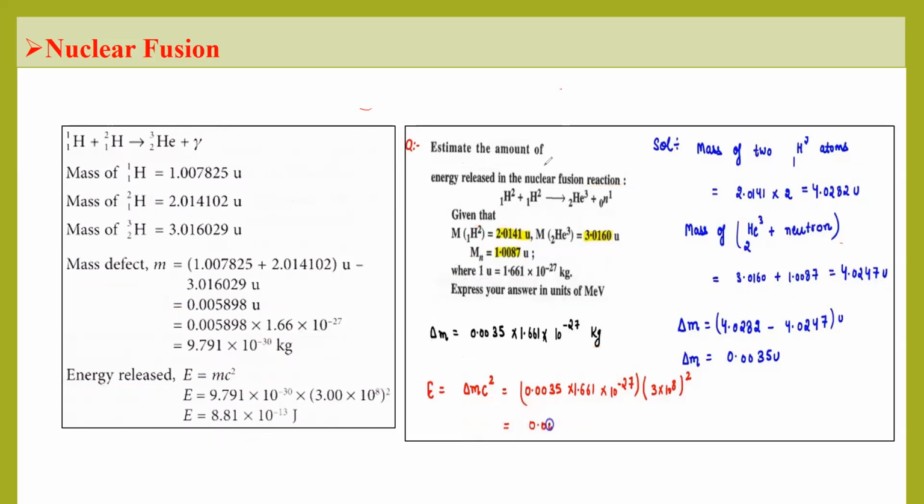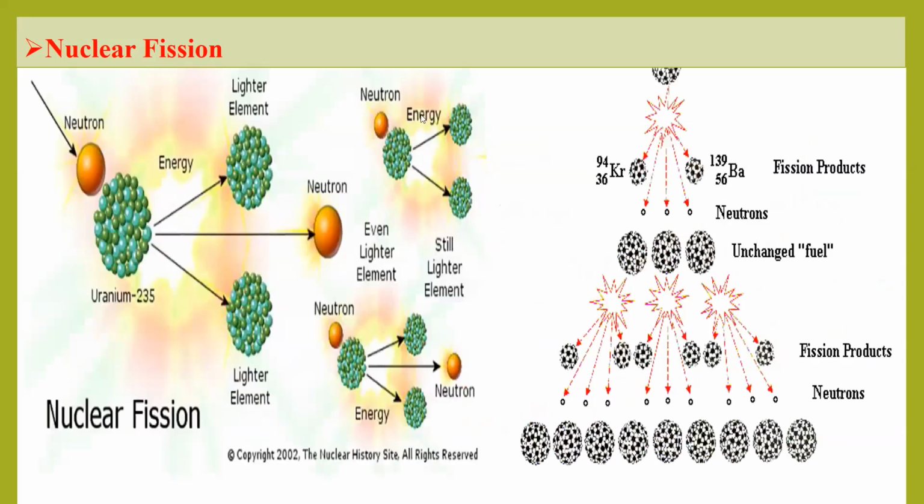So with this way, we can understand the nuclear fusion. Now, nuclear fission reaction. What is nuclear fission reaction? In nuclear fission reactions, a big nucleus is converted or split into small nuclei, or lighter elements. So this is, for example, uranium-235. It is the big nucleus, and